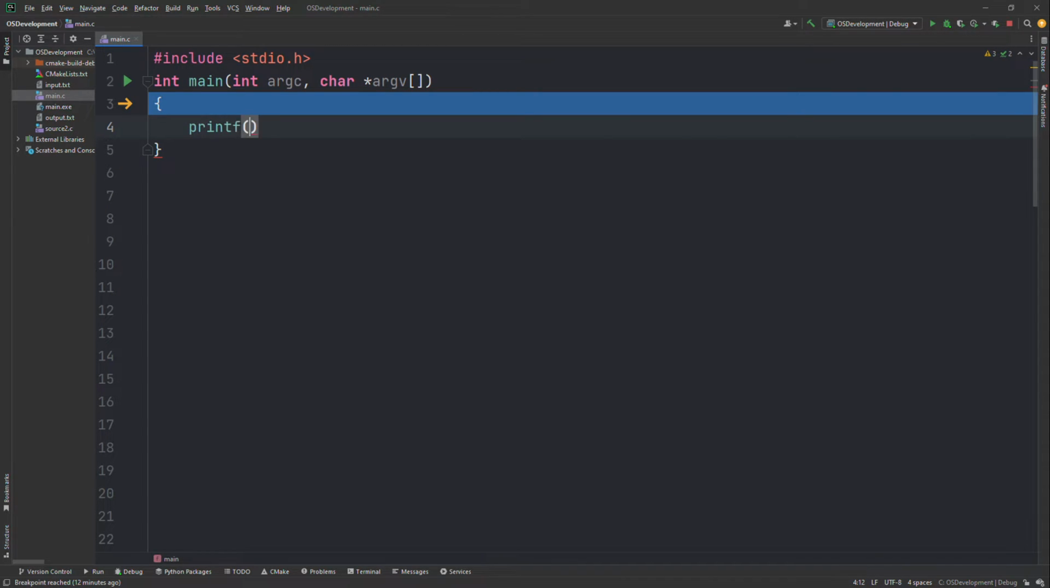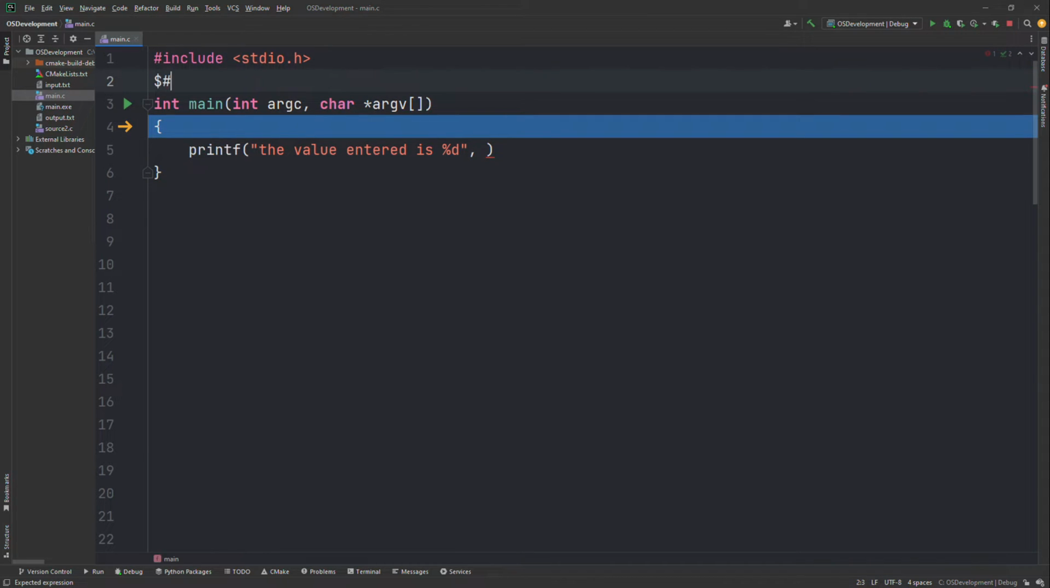So here we can just call the printf function, and then we can say the value entered is, and then we can pass in the %d modifier, comma, and then we'll call the, actually we'll have to import another header file to call this function, so we'll say hashtag include, and then we'll call stdlib.h, just so that we can use a few more functions for our command line arguments. So the value entered is %d, and then we have the end of the string, comma, and then we'll call